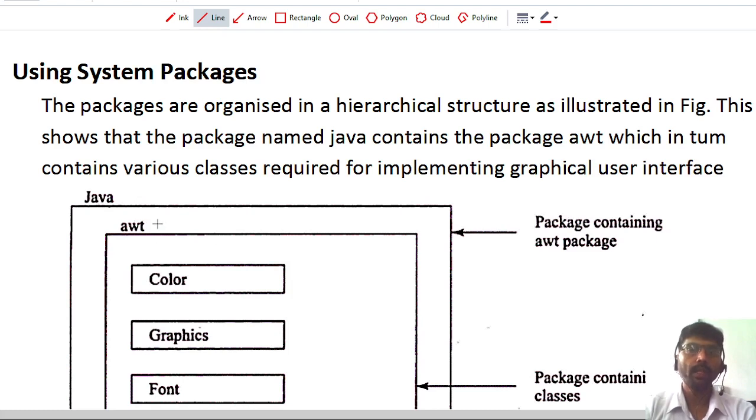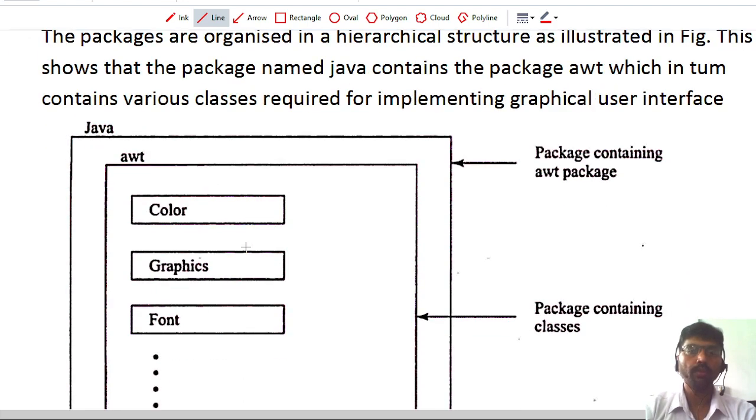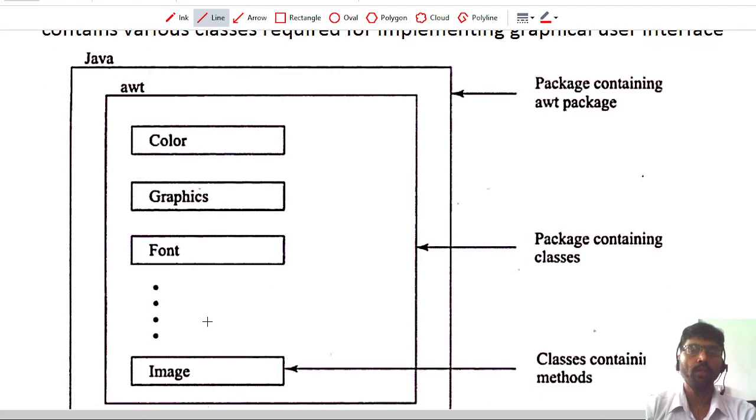One example given is AWT, the Abstract Window Toolkit. Within that AWT package, we have numerous classes like color, graphics, font, image, and so on. There are many different classes used for creating a graphical user interface.